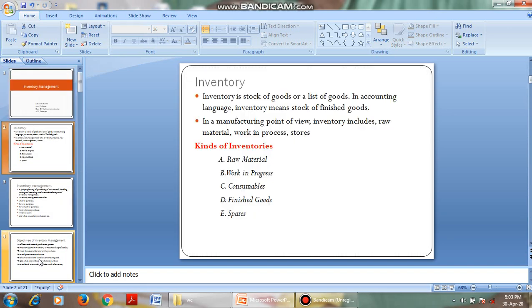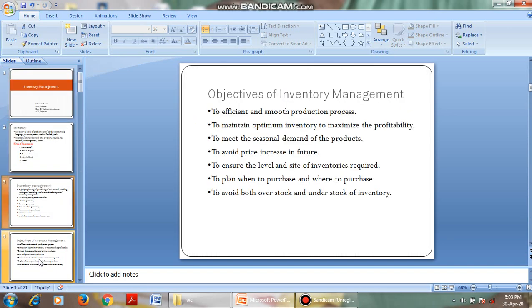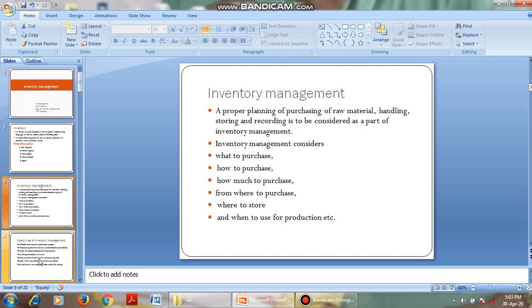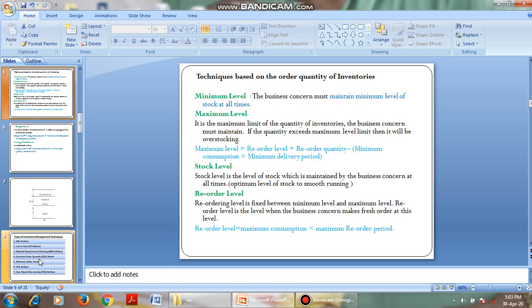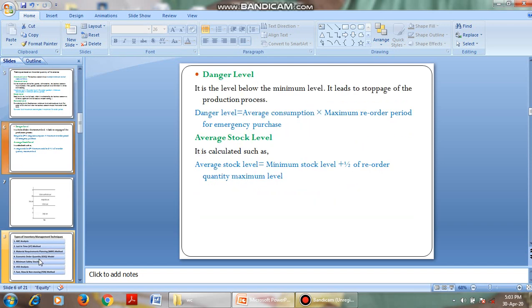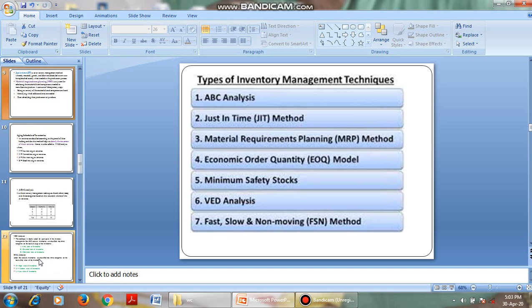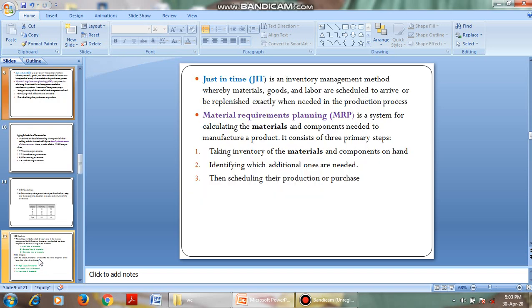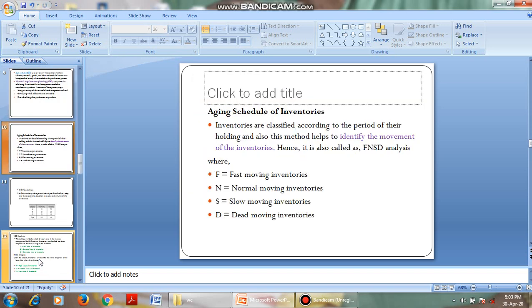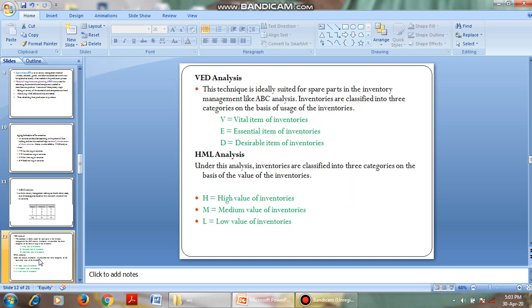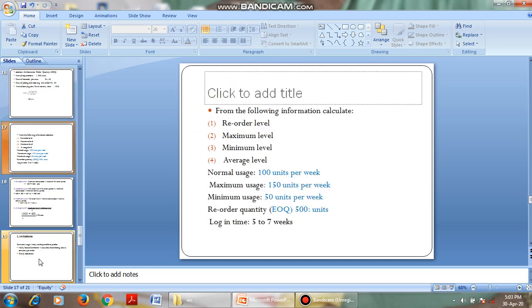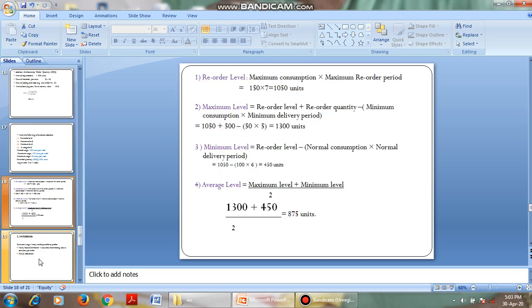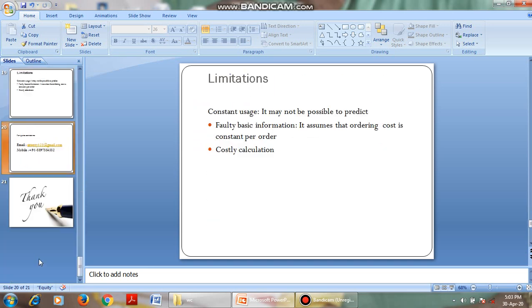Let us see what we have discussed: what is inventory, what are the types of inventory management, how to purchase, what to purchase, where to purchase, objectives of inventory management, and different types of inventory management techniques: just in time, material requirements planning, FNSD technique, ABC analysis, VED analysis, HML analysis, EOQ analysis, assumptions of EOQ, calculation of EOQ, reorder level, minimum level, maximum level, average level, and limitations